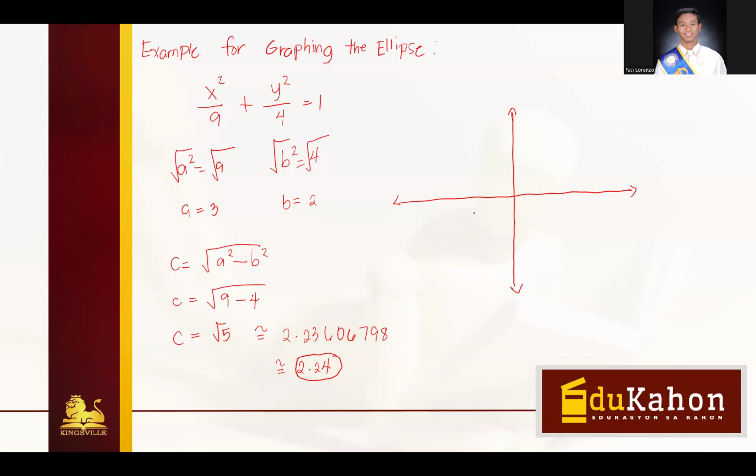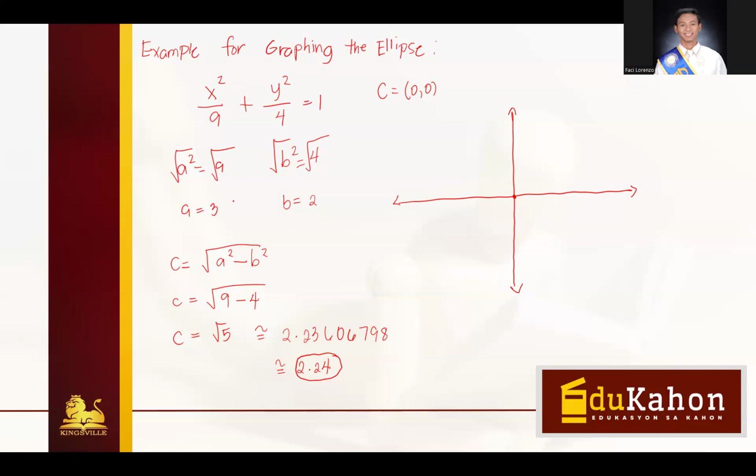So we know here that the values for your center is on the origin because h and k is equal to 0. C is equal to (0, 0). Why? Because the value of h and k here is not given. If x squared all over a squared plus y squared all over b squared, and we don't have a value for h and k, meaning the center of your ellipse is (0, 0), or the origin.